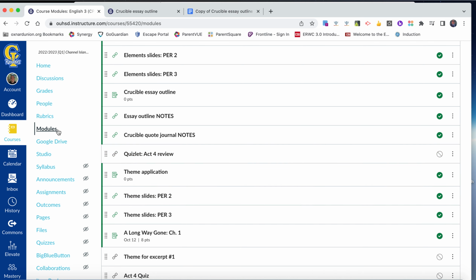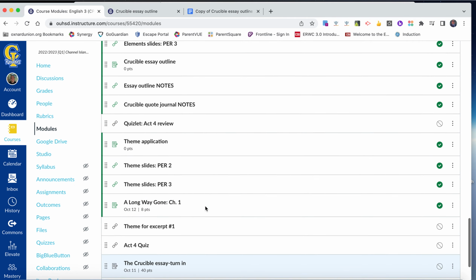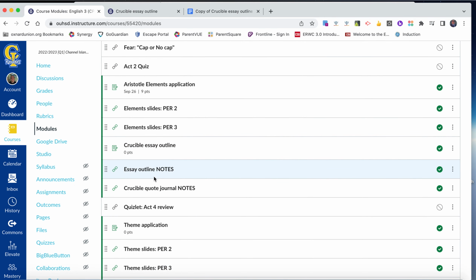So if we go to your Canvas modules here, if you go all the way down, have two things out. Have your essay outline, Crucible essay outline. Also have the essay outline notes. And just in case you're behind, just in case you haven't finished your conclusion, all the material is there for you. Everything we went over in class during our writing periods and our writing time that you need to